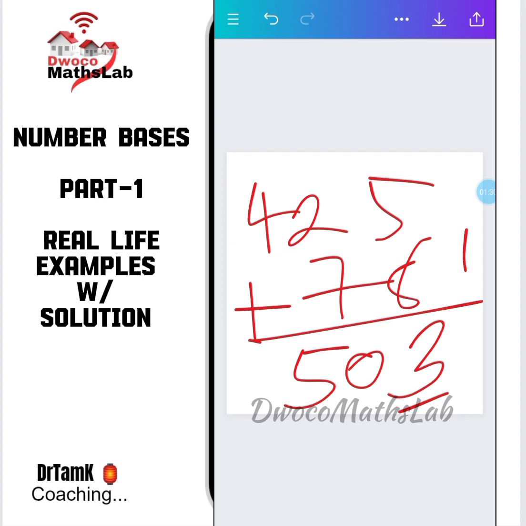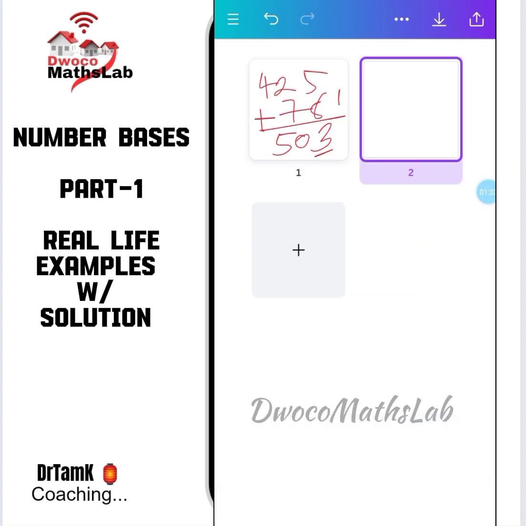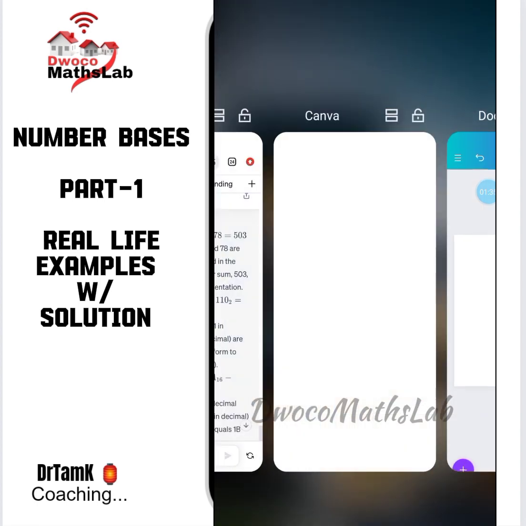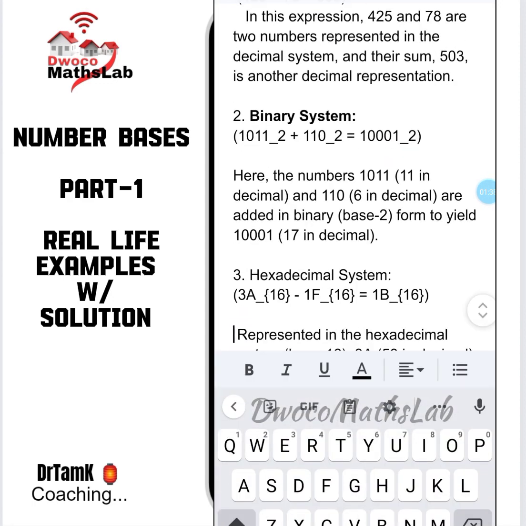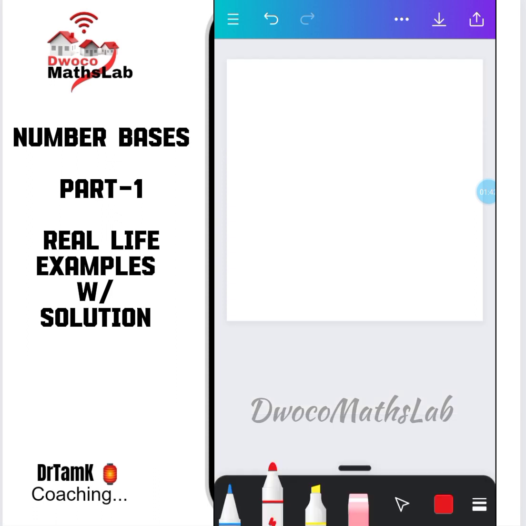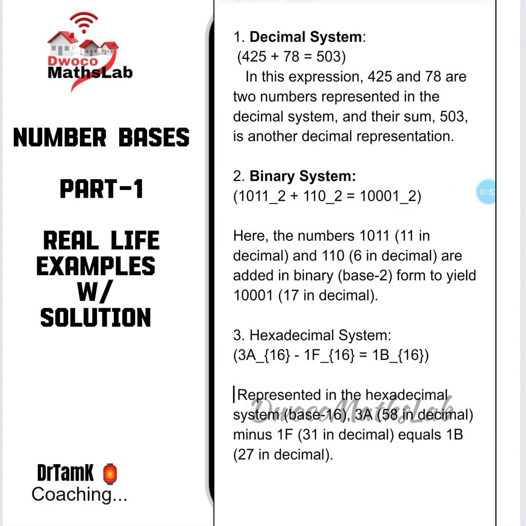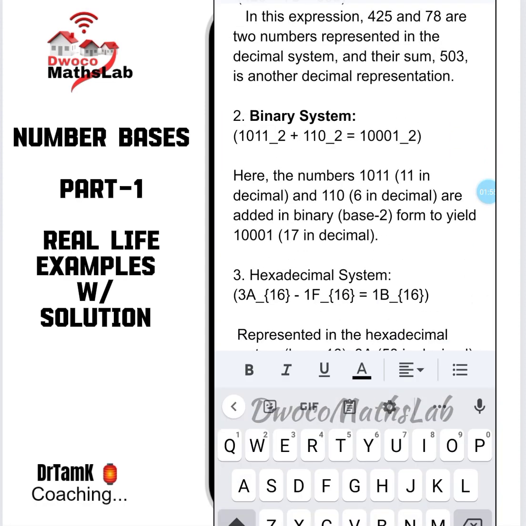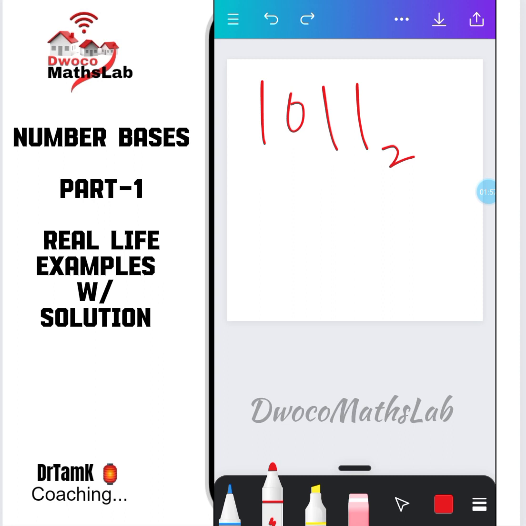I'm going to quickly open another tab now. Let's bring it up. What I have is 1011 base 2 plus, sorry, that is the plus. The second value is 110. So you arrange it this way, 110, and underline it. Now what you do is, since it is all base 2, you have your 1 plus 0